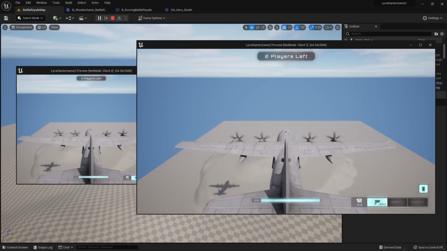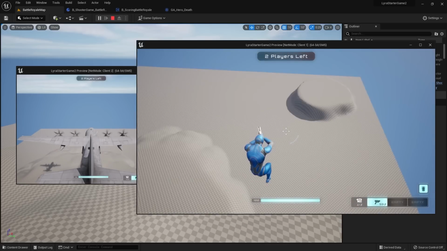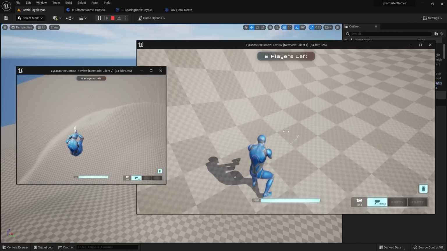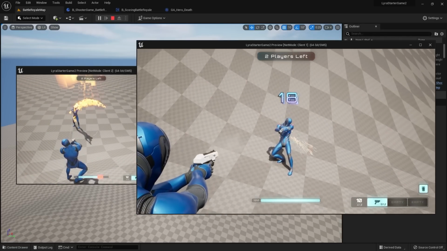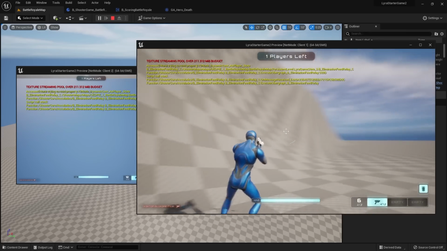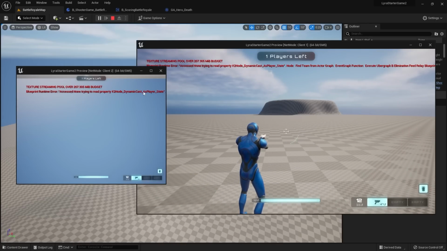So now we're flying across the map here. And we can go ahead and jump out of our plane, and have our other player jump out of the plane as well. Just go ahead and run down over here. And if we go ahead and kill the other player, you're going to see that we have one player left. And you're also going to see that we have this character